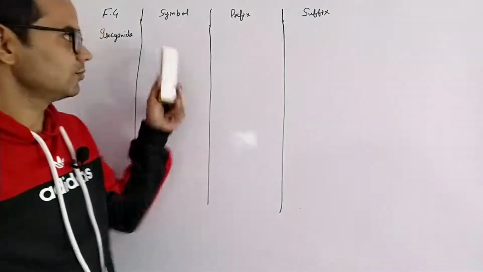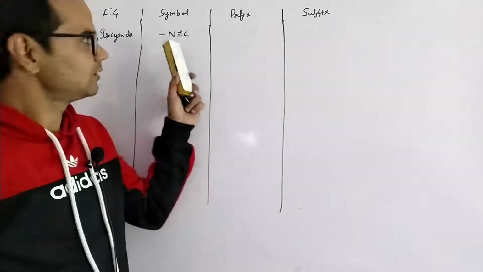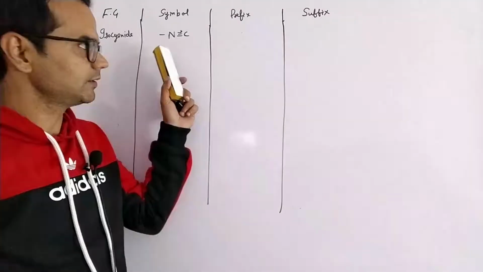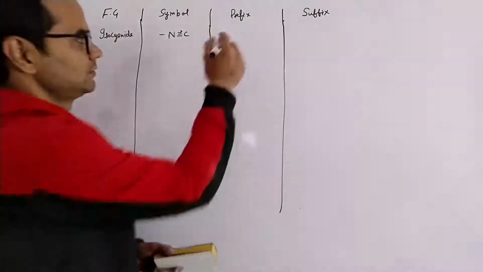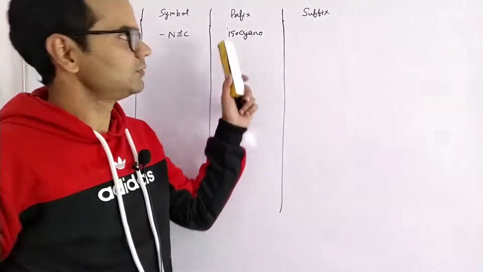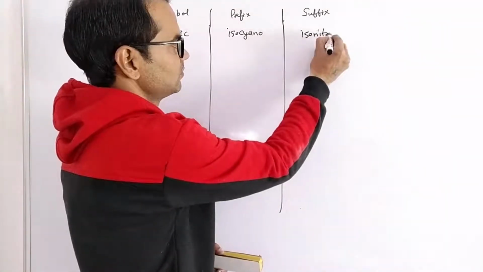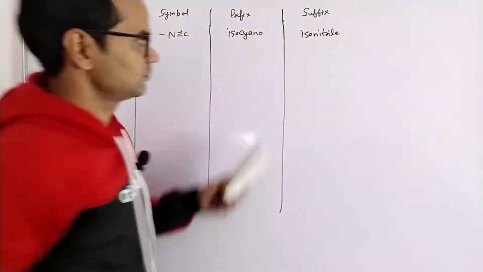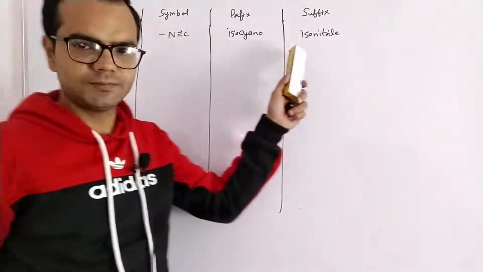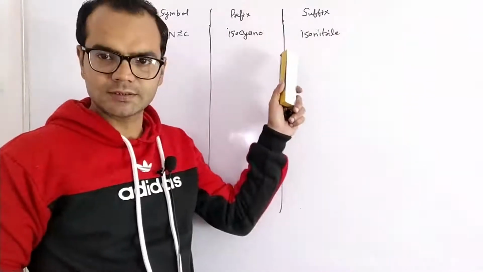isocyanide. Its symbol is NC. Cyanide and isocyanide are functional isomers having the same molecular formula but different functional groups. Its prefix is isocyano, and suffix is isonitrile. This is isocyanide, suffix is isonitrile. Next is